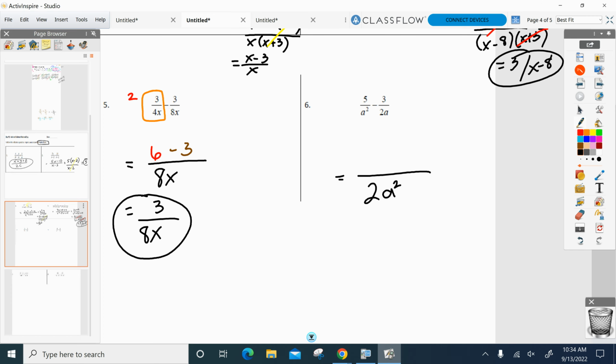2. So that's what you multiply the top by. 2. So I get 10 here. Minus